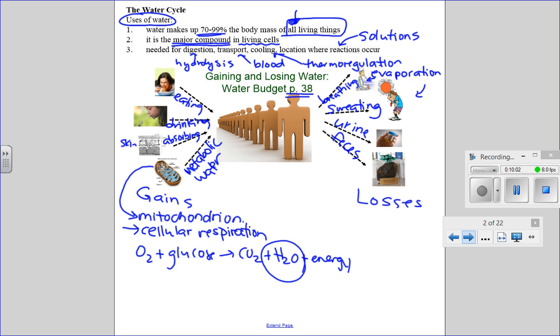And what you'll see when you take a look at the example of a water budget on page 38 is that the proportion that each of these factors contributes to the water budget is different depending on what type of environment the organism lives in. I'm going to highlight in particular this idea of metabolic water because it's based on something that you know about. It's a little bit fancier than the other ones, and it's definitely one that would make a difference between organisms that have lots of water available to them to drink and organisms that maybe live somewhere where water is not as readily available.